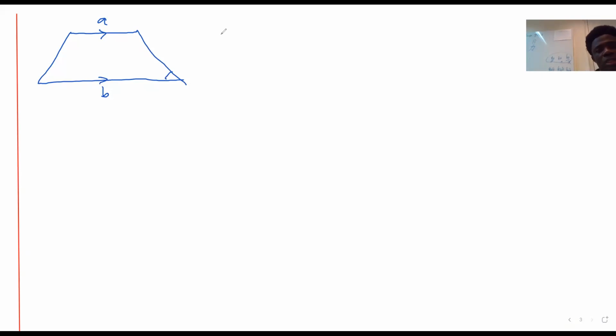Without this, the area of a trapezium with height h, perpendicular height, is given by half (a plus b) times h. I'm sure you remember this from GCSE or middle school. That's the formula for the area of a trapezium. Okay, but given the slant side instead,